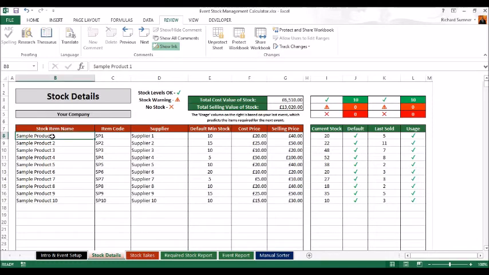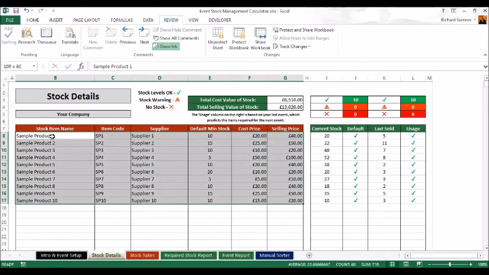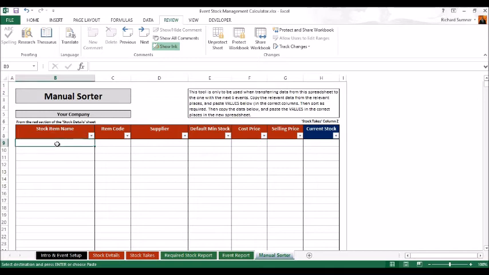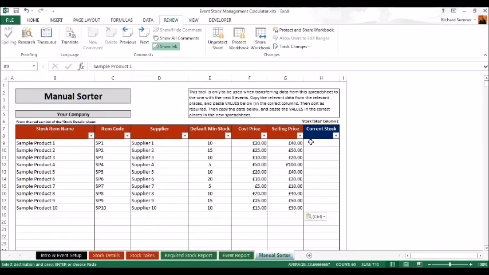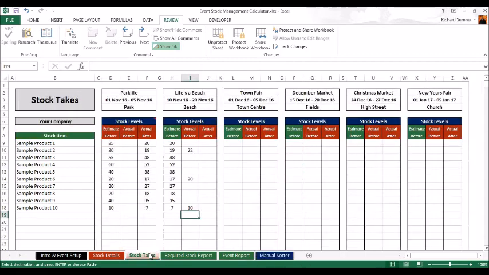When you get to the end of the 6 events, what you can do is you can come over here to the red bit, you can highlight all of your data as there, you can go edit, copy, you can go to your manual sorter, right click there, go paste values all into there. Then you can go to your stock takes. Now what you want to do, you would have an actual after here, I would imagine, as your current stock levels,